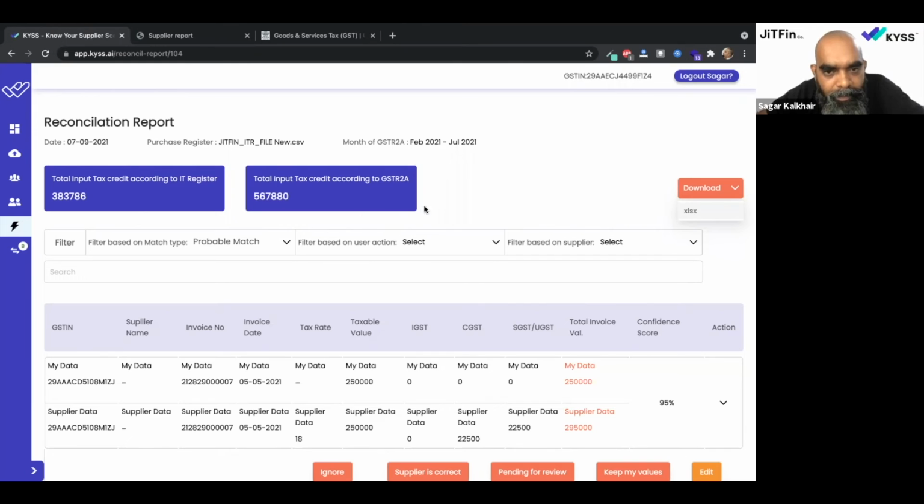The invoice number, there could be ways the numbers are fed by suppliers and myself. Great. So there's a message from Vaishali Saris, and it says in GSTR, there could be an issue if the supplier files quarterly.